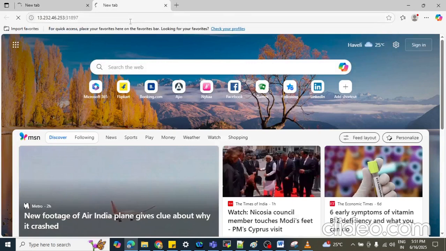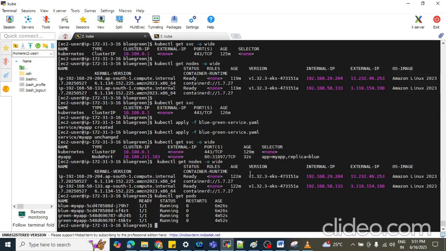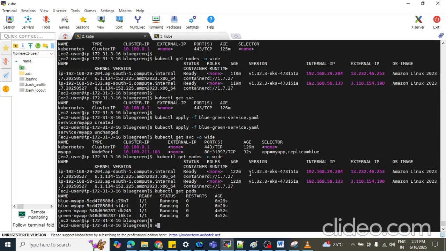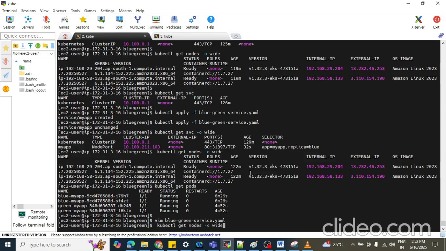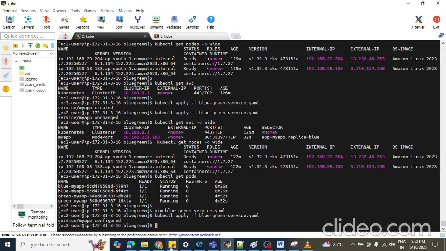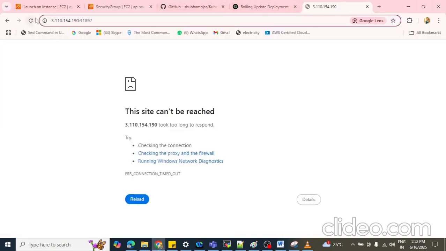If it is not running, what I can do is simply change the service level. So let's open that service level here, the blue green service. Here we can simply change it to green. We have changed it to green. And let's apply this again. Let's try to execute it.